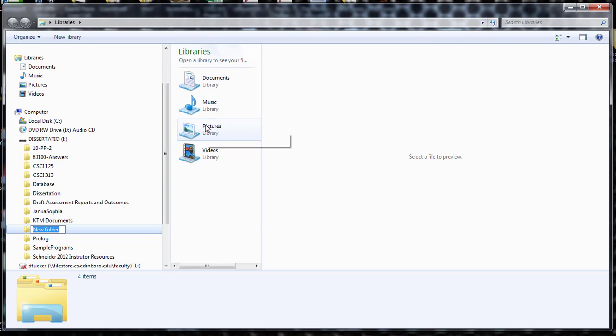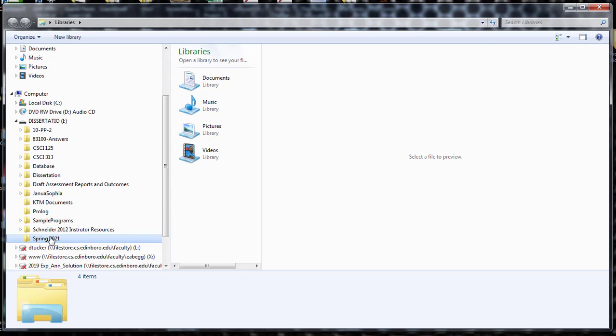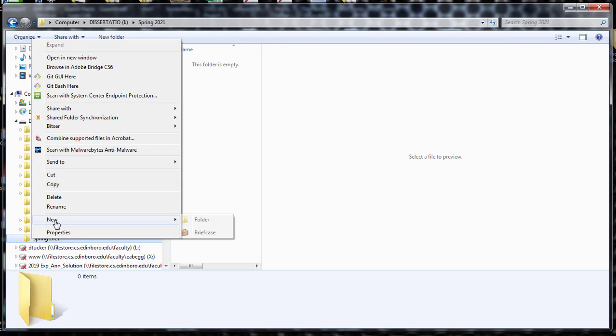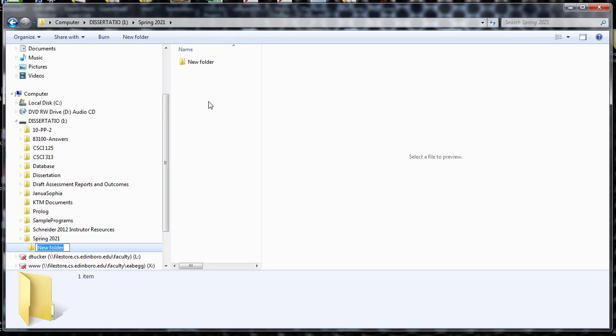And then what I was thinking for this, what you would do is let's see, we're going to go into the spring 20, which is crazy, it's 2021. And then you can just hit enter and it makes that folder and puts it in alphabetical order unless you sort it a different way. And then notice how there's no arrow here because I have no subdirectory. But I could right click and do new again, folder, and then